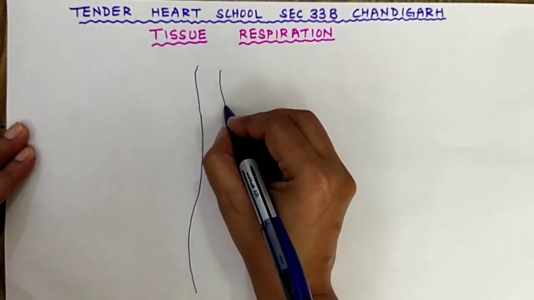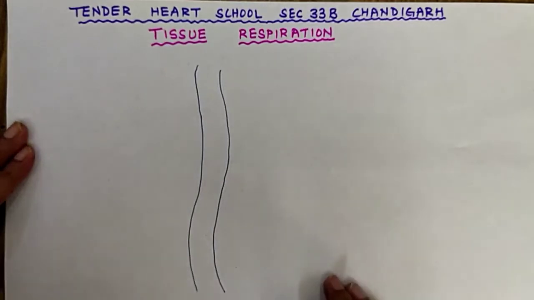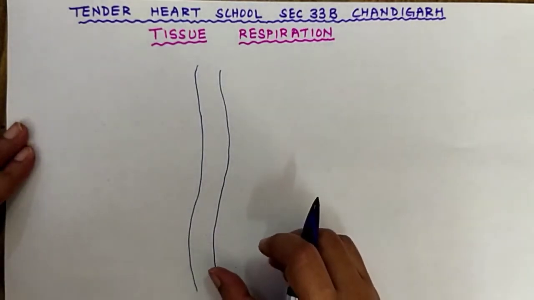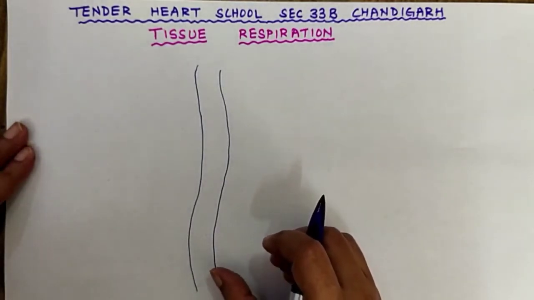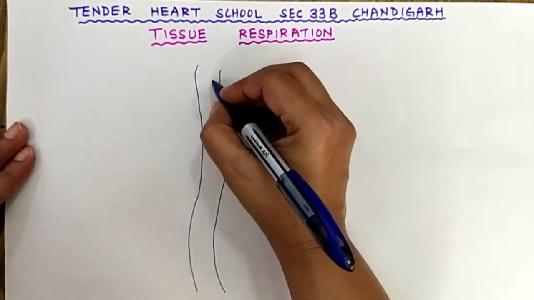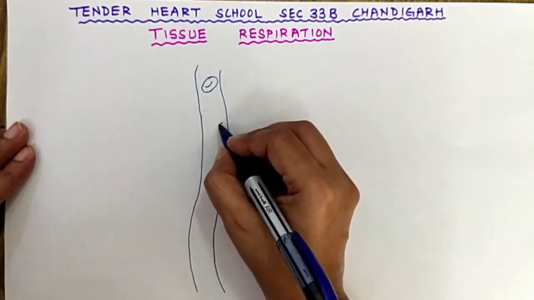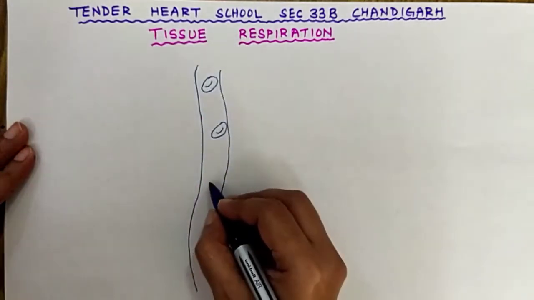This is the capillary which is being drawn. Capillary is the smallest blood vessel in which the actual exchange of gases is occurring, right? So in the capillary we have the red blood cells. You can show it like this. A number of red blood cells are flowing,